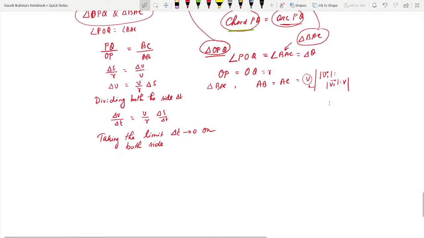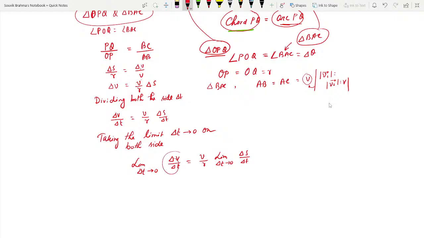what you will be getting, limit delta T tends to 0 डेल्टा V बाई डेल्टा T, दोनों तरफ मैं ले रहा हूँ, इज इक्वल टू V बाई R तो कांस्टेंट है उसको ऐसा रखो, और लिमिट डेल्टा T टेंस टू 0 इस तरफ भी लिखो, और डेल्टा S बाई डेल्टा T, इसमें क्या आ जाएगा, डेल्टा V बाई डेल्टा T जो ये वाला पोर्शन है, और लिमिट लगा के ये आ जाता है इंस्टेंटेनियस एक्सेलरेशन, ये एक्सेलरेशन ये लिखो, लेकिन ये लीनियर है, dv बाई dt है ना, और v बाई r ये वाला आ जाता है